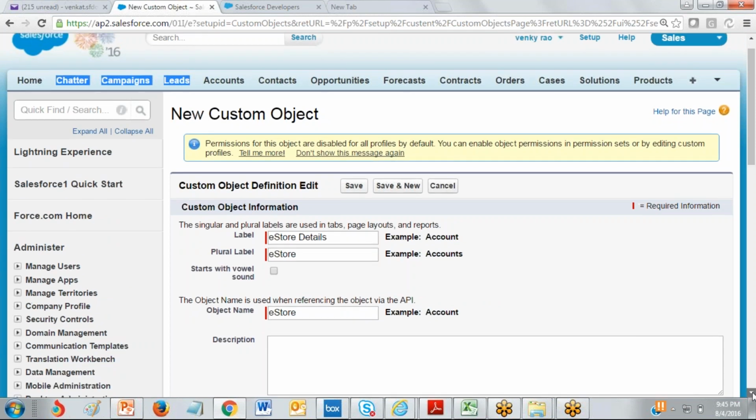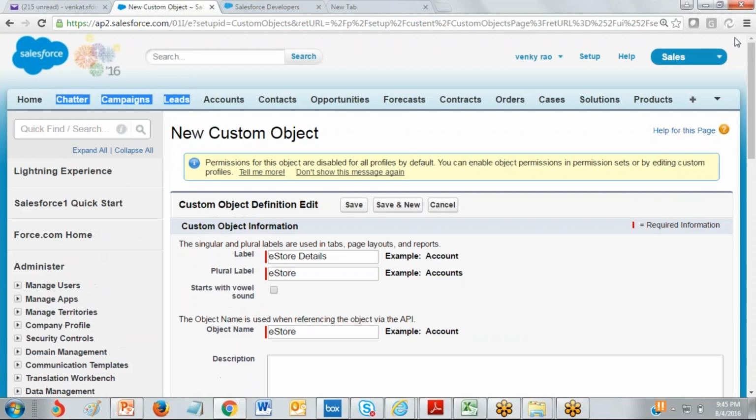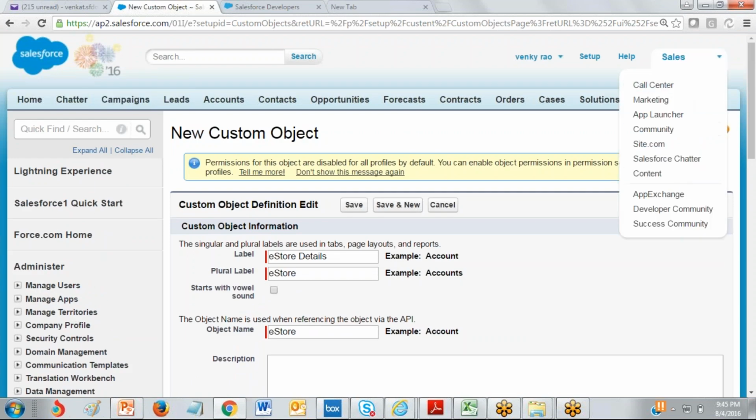Okay, so for example in Salesforce we have different applications here, different clouds. Suppose you want to access this particular object from any one of these applications, yes, you can access it. And what is this object name? This is the physical name of the object that is going to be stored on the server. Going forward, if you want to write any code through Apex or Visualforce, you have to access it by using this name.